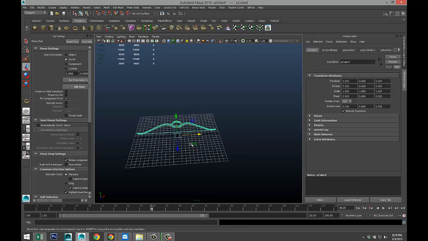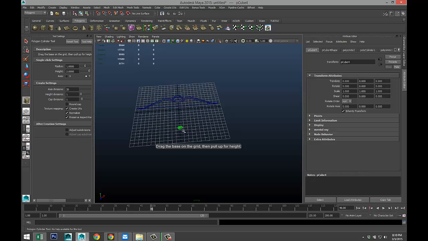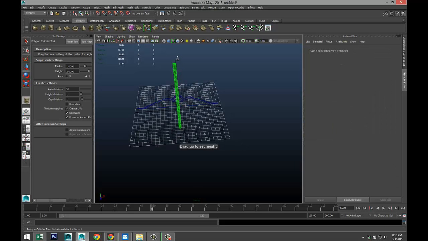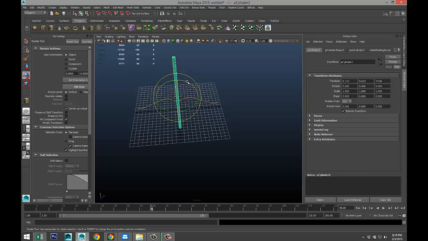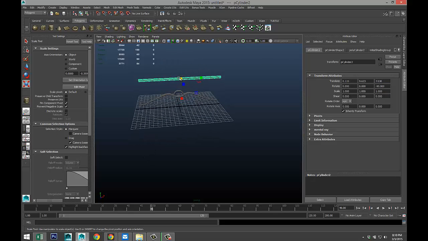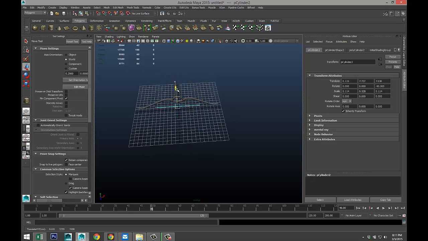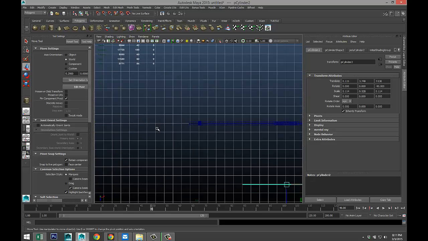Now let's create an arrow. So we're going to take a polygon cylinder, drag that out, pull that up, hit E, rotate that -90. As you can see, we need to scale that thing down a lot. So hit R, scale it in, and drag it out. And we're going to position it next to our bow roughly, so we have a sense of how long it is.